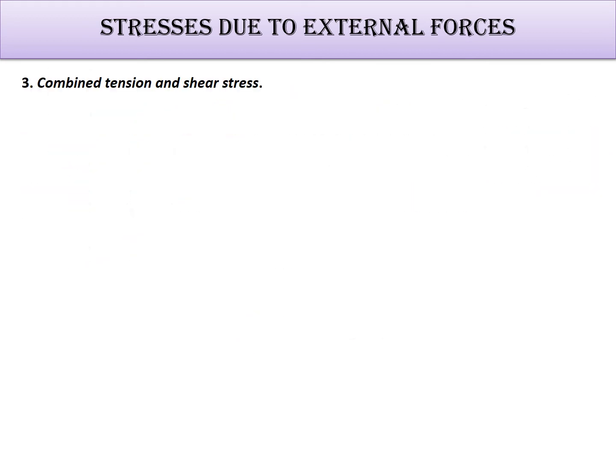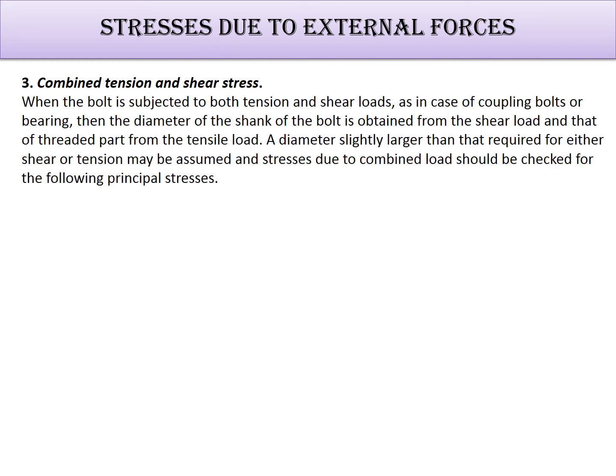So, combined tension and shear loads, because we know that practically it is not possible that only one type of load is acting on the bolt or any component. A combined loading system is there. So for a combined loading system, tension and shear load are acting on it. So when the bolt is subject to both tension and shear load, as in the case of coupling bolts or bearing, the diameter of the shank of the bolt is obtained from the shear load